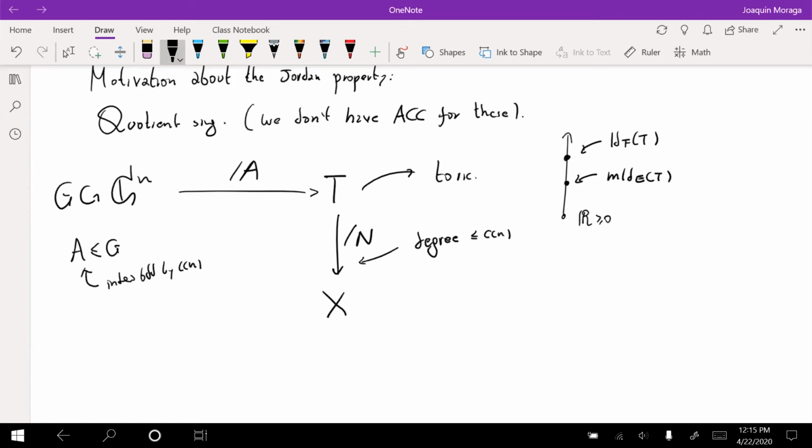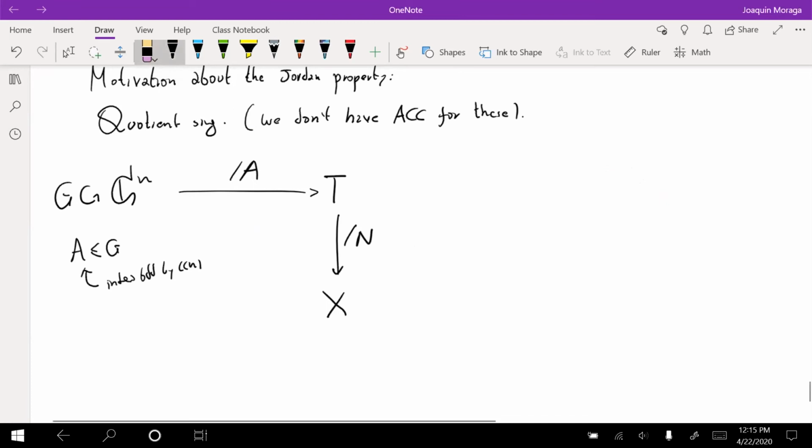It may happen that this action keeps this MLD, but you quotient this by Cn or something like this, and maybe it will pull it down. So controlling just the MLD of T doesn't control the MLD of the quotient, even if the quotient has bounded degree. But there is a nice trick to prove some version of ACC for MLDs for quotient singularities using the Jordan property. So now let's imagine that the MLD of X in X belongs to the set